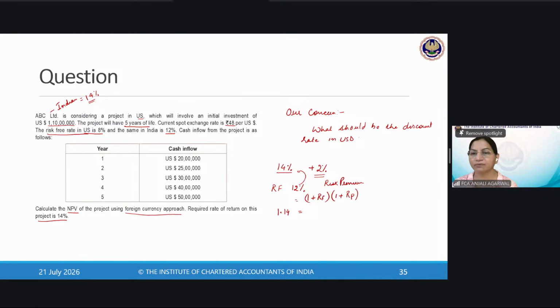RF stands for risk-free rate, RP stands for risk premium. We know the risk-free rate in India is 1.12, but we don't know what the risk premium is. So when you solve this, you will end up getting risk premium as 1.14 divided by 1.12, which is